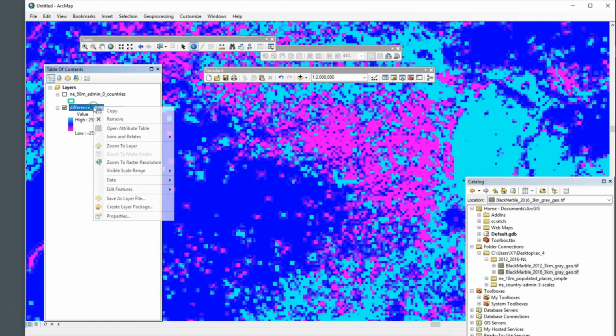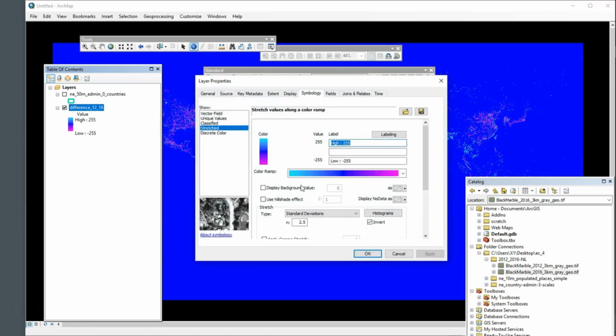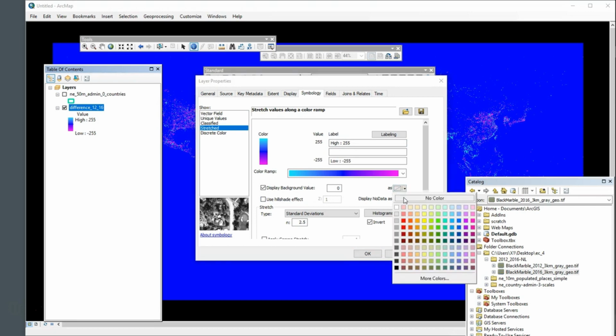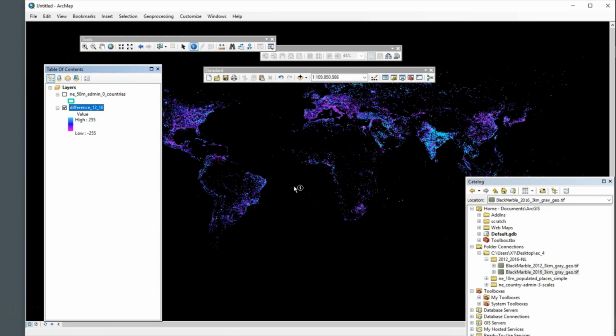Now I have, if I zoom all the way out, so zoom to layer, I have this blue that is the dominant color. I want to get rid of that. That's in the middle. That's a 0 value. And the way I can do that is set that value, which is basically the background value. Click on that. I can set that 0 to no color. So I'm going to do that and apply it and say OK. And so it goes away. So now I'm starting to get into something that's much more dramatic. Even at this scale, I can see these pockets of big gains, which is the cyan color. And then interestingly enough, there is a lot of loss throughout the